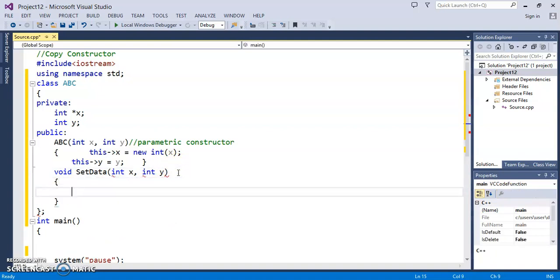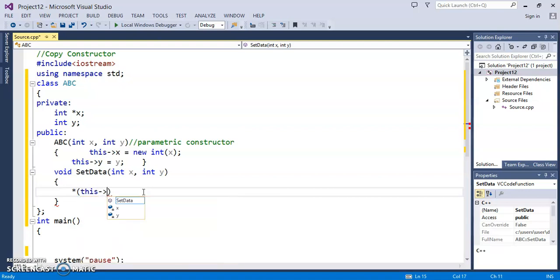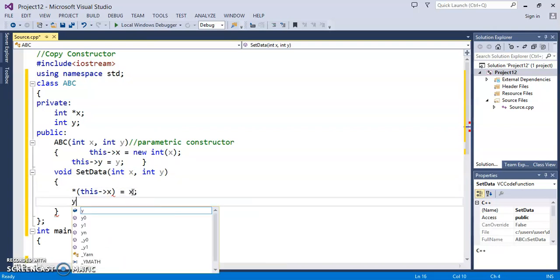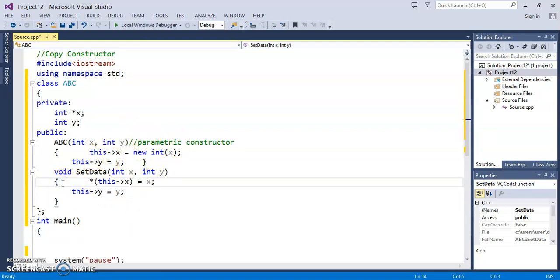In the same way, the pointer has already been assigned, so we write only the value: *x should be equal to x, and this y should be equal to y, because the dynamic initialization has already been done through the parametric constructor. That's why I have assigned only the value.